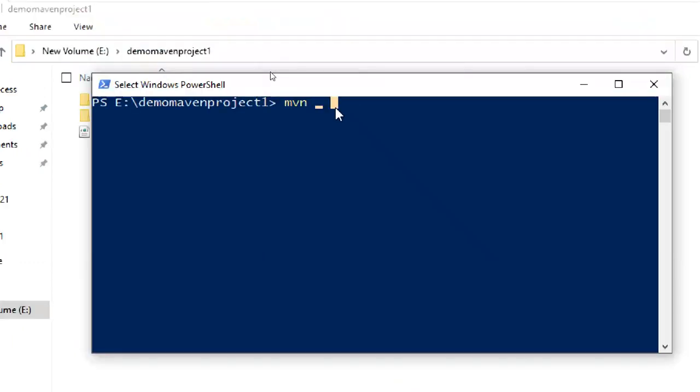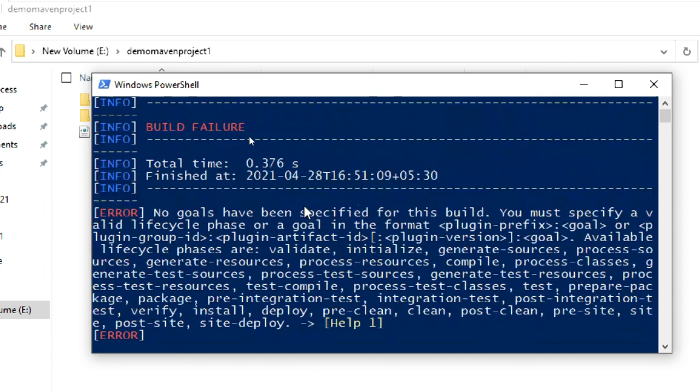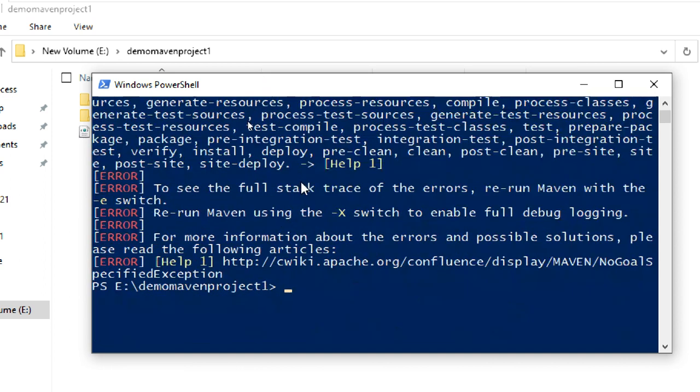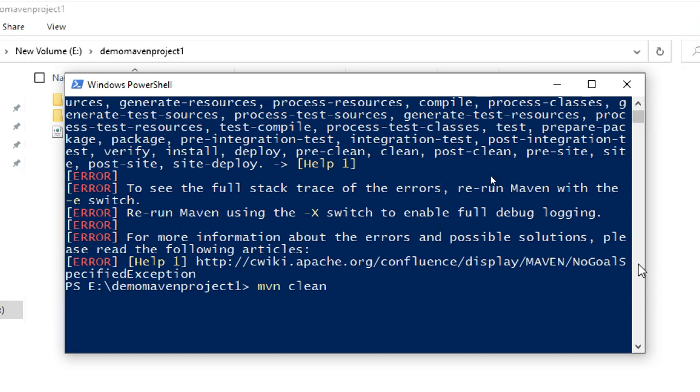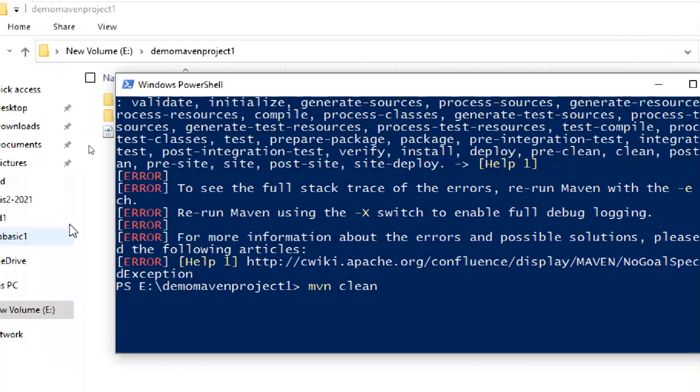Now I will put mvn here because this contains a Maven project. So I will put mvn, enter. Just enter. It tries to understand if it is a Maven project, then it shows build failure. I don't know why, so we'll see the normal commands only. Maven clean: when you put clean, automatically it will clean and it will download the repositories first. But why is it showing some kind of error? No need to show the error.